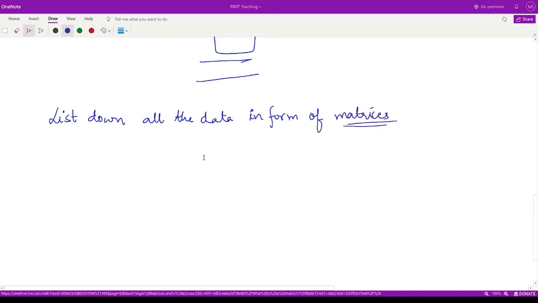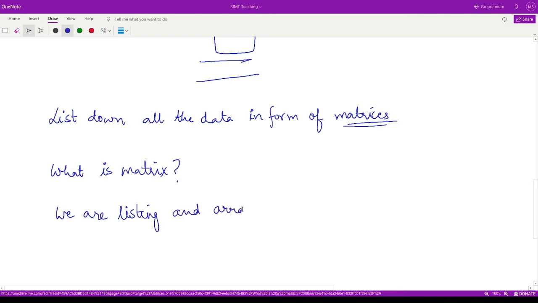So what is a matrix basically? We are listing and arranging data. It could be numbers, it could be some other information, but in mathematics we usually deal with numbers, so we are just taking numbers. So we are listing and arranging data as an array,